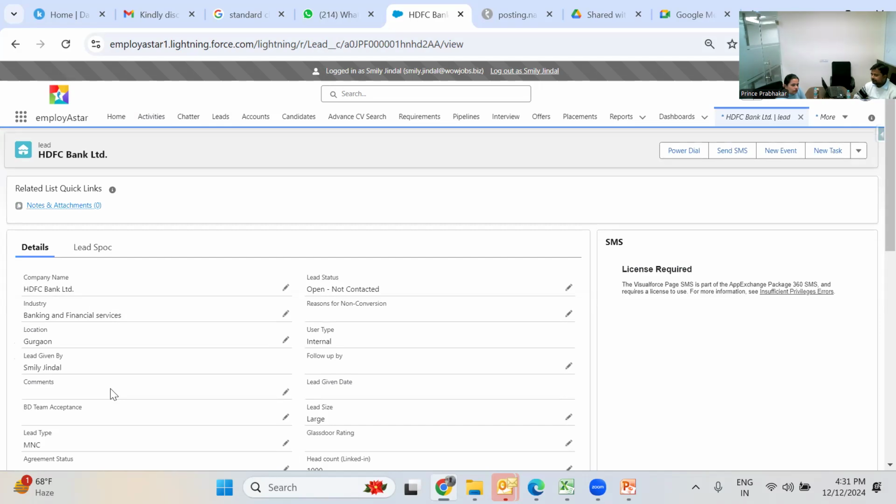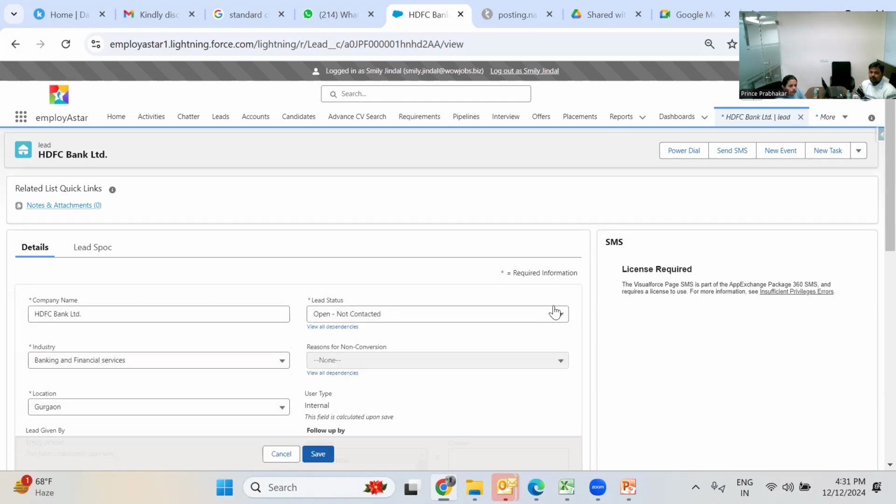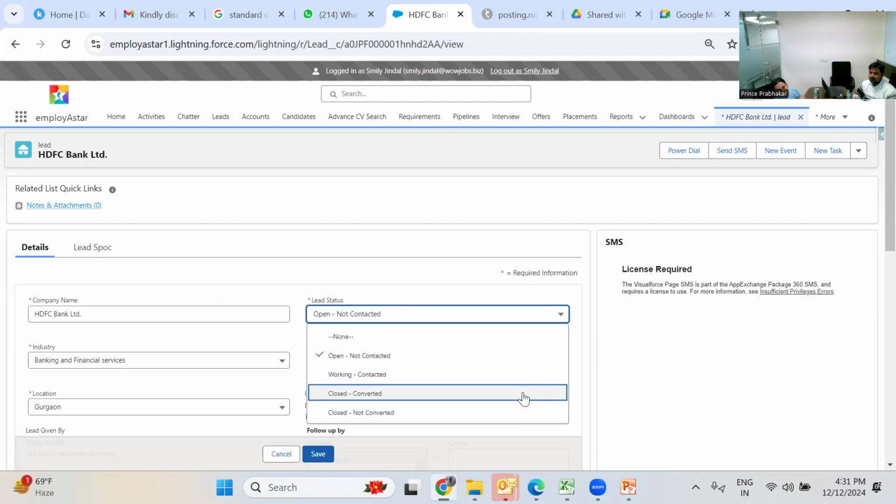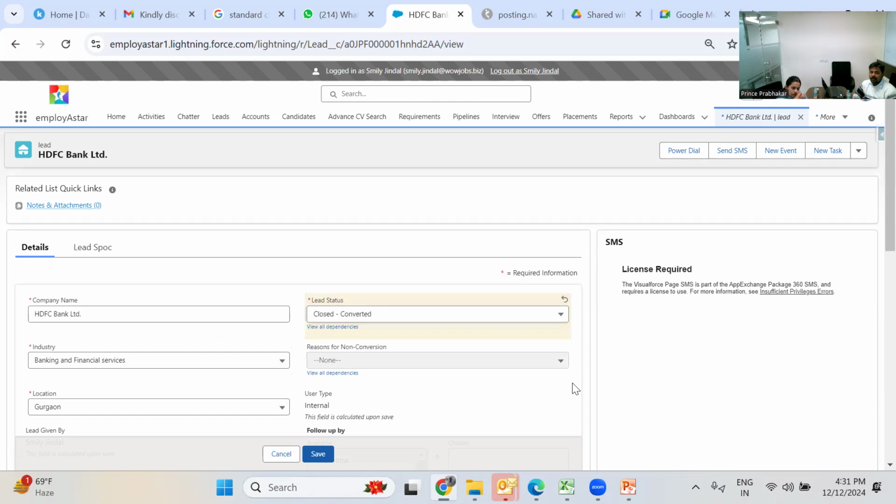And finally what happened? The lead will be open, then contacted. Right now it is Open, Not Contacted, then Working Contacted, and finally, doing activities, what will happen? What could be the result? Either converted or not converted, exactly. Either converted or not converted. So when it is converted, what you have to do, you just select here Closed Converted, and